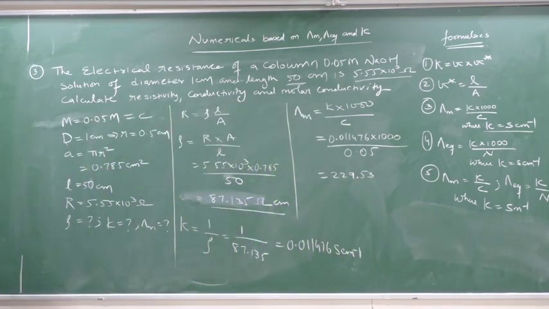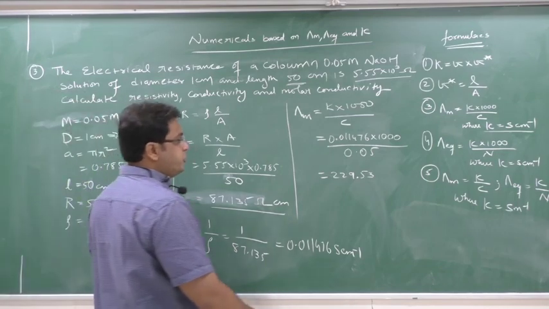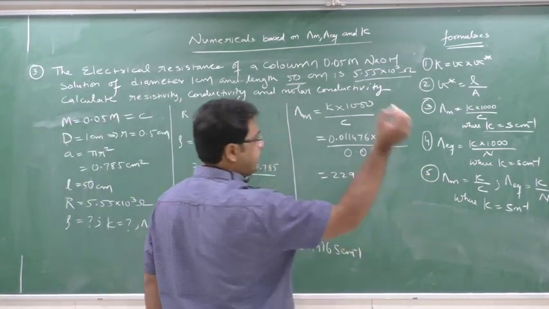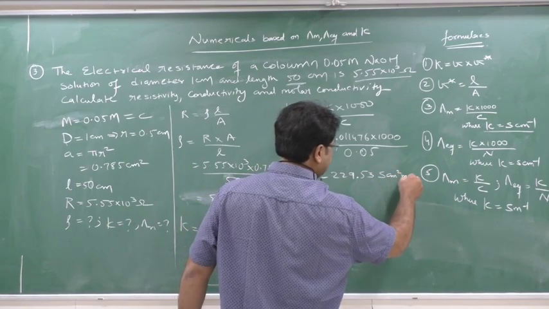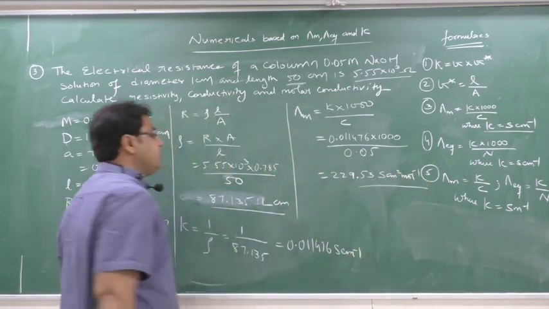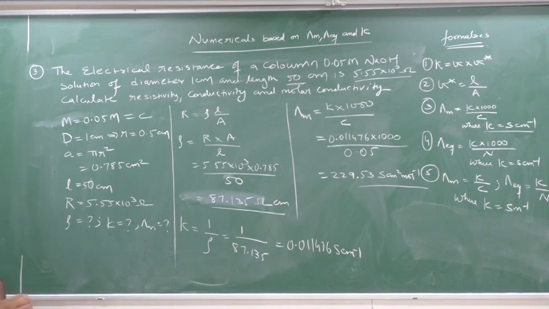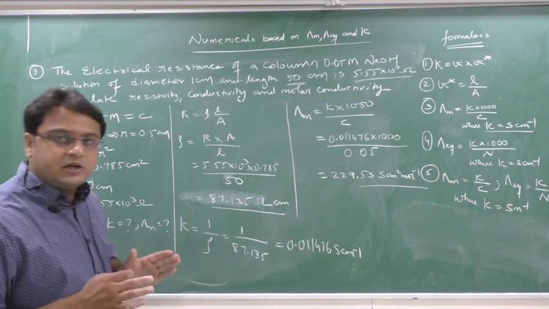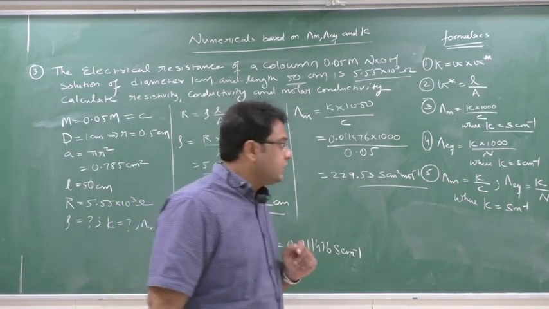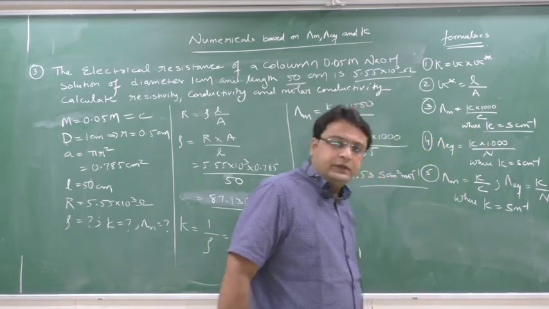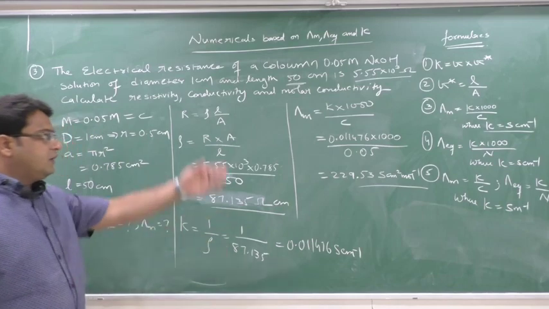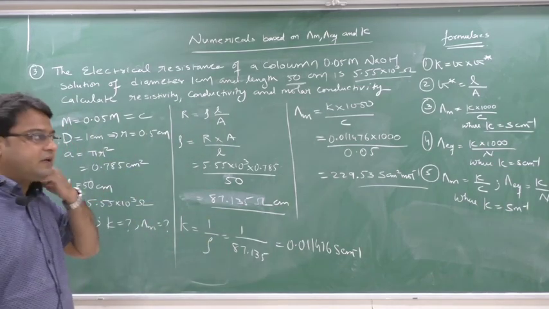What can be the unit? Please understand, the unit is very important. Just now I told you lambda m, you can see my previous video. The unit is Siemens centimeter square mole inverse. So this will be your unit for lambda m. Here there is only one trick and logic: when to use this formula depends on K. If K is given in Siemens per centimeter, use K 1000 upon C; if Siemens per meter, K upon C.